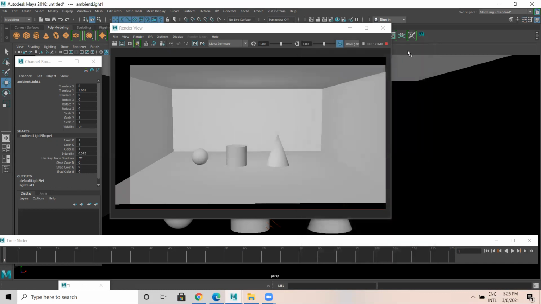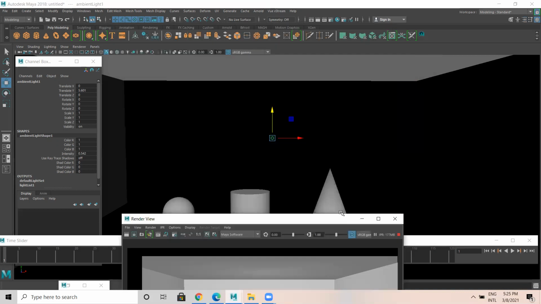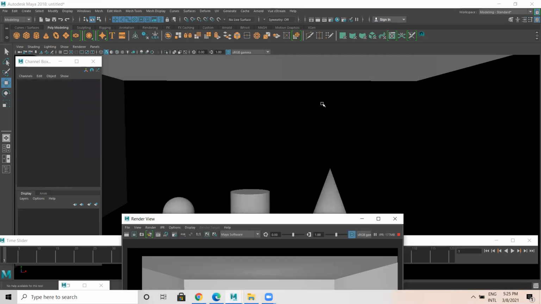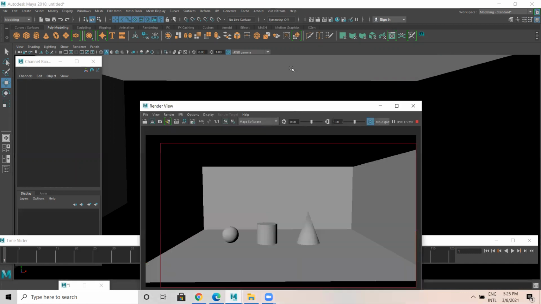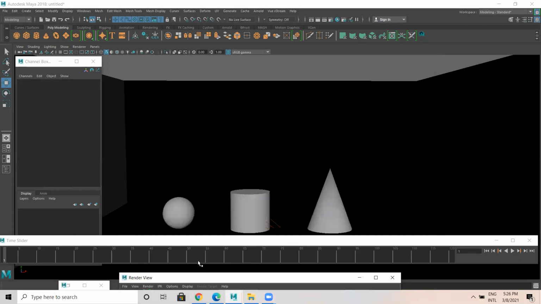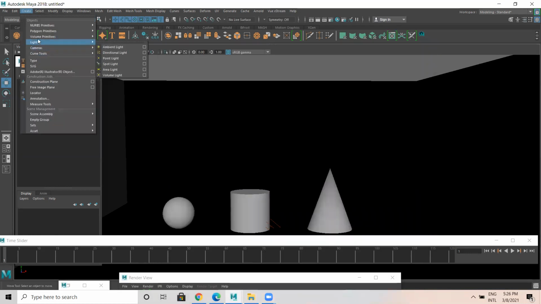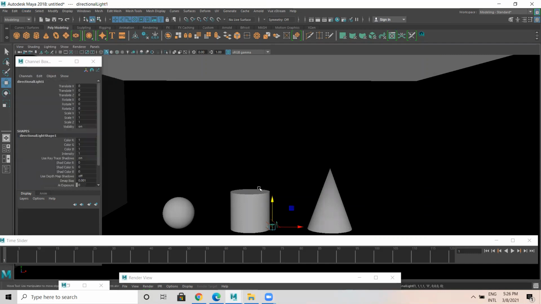Now let me delete this ambient light. When I delete, I get something like this. When you're in IPR view, you need to select the region, then only can you see the difference simultaneously. Now I'll create another light called direction light.